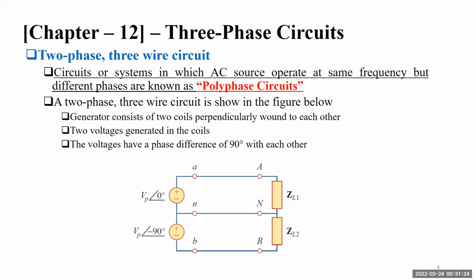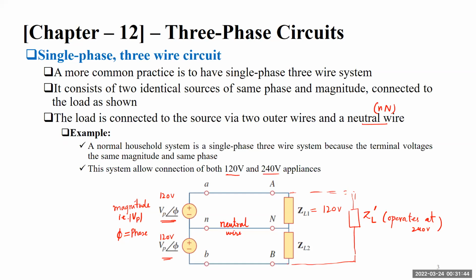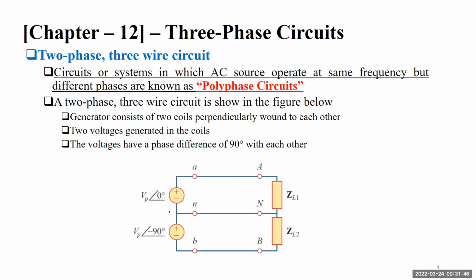So any circuit that is operating in more than one phase is a polyphase circuit. If we have a two-phase, three-wire system, it is an example of a polyphase circuit. In this circuit, we are shown this diagram. It is much similar to the previous diagram of the single-phase three-wire circuit. The only difference is this